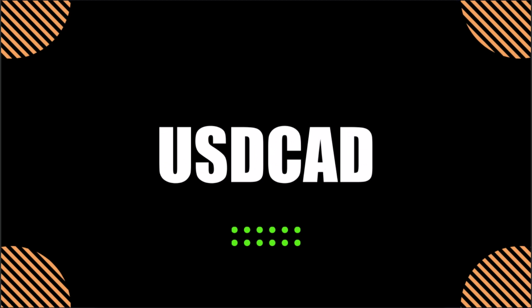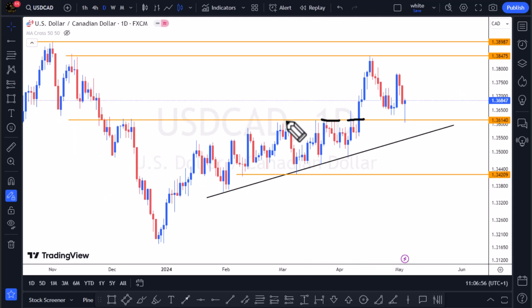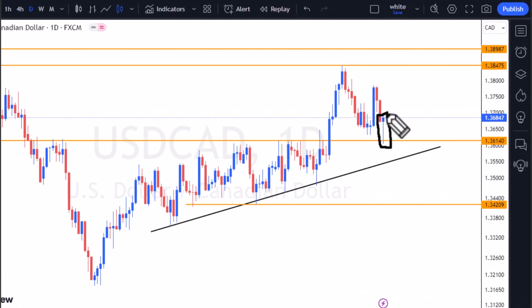USD Canada. It is obvious price formulated a double tops to a previously broken supply level at 1.36140. It is obvious how the level proved as demand on Friday. Until the new demand structure at 1.36140 is completely broken, engaging in a short setup seems like a suicide mission. A 4-hour chart bullish pattern with strong volume and momentum could interest buyers to long to the next key level